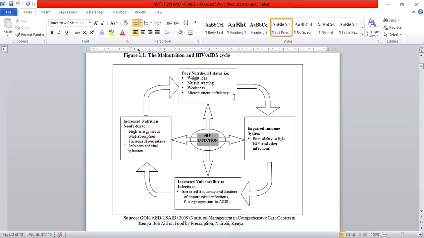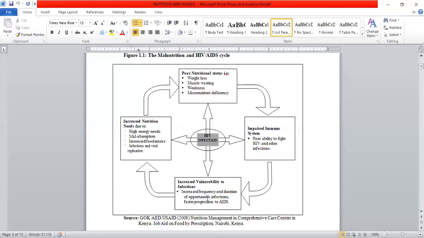Then there is weakness and micronutrient deficiency, because most of the micronutrients are lost, maybe when they are vomiting, having diarrhea, or not even able to eat food because of nausea, vomiting, and also cases where they may have mouth sores such that they cannot eat food. So most of the nutrients are lost. And from there, this poor nutrition status translates to an impaired immune system. This means they have poor ability to fight HIV and other infections. So you see, it's becoming worse. Meaning now there is increased vulnerability to